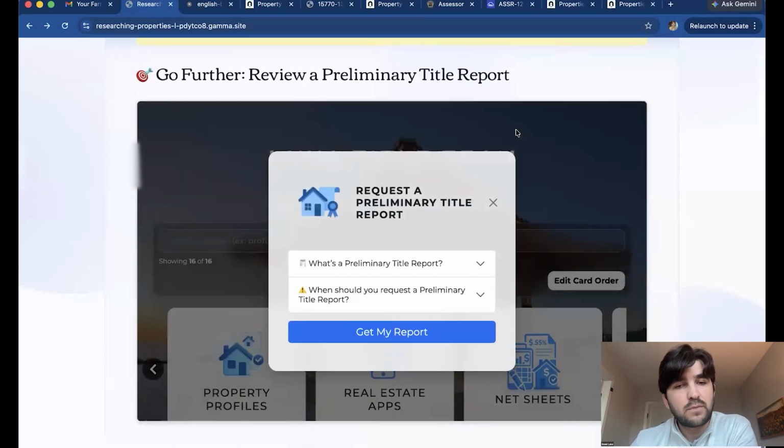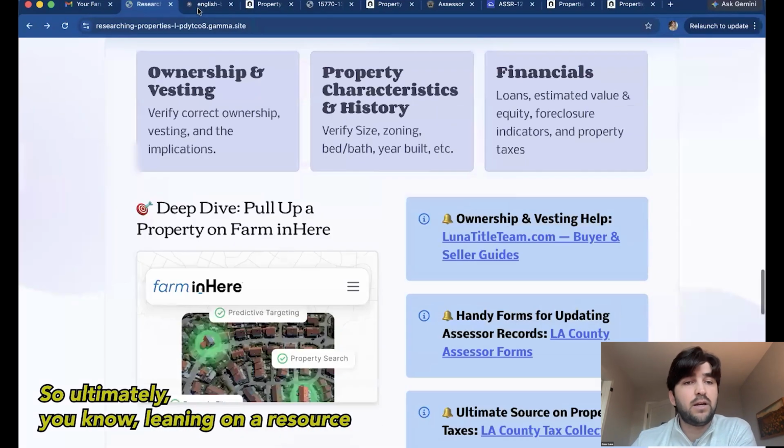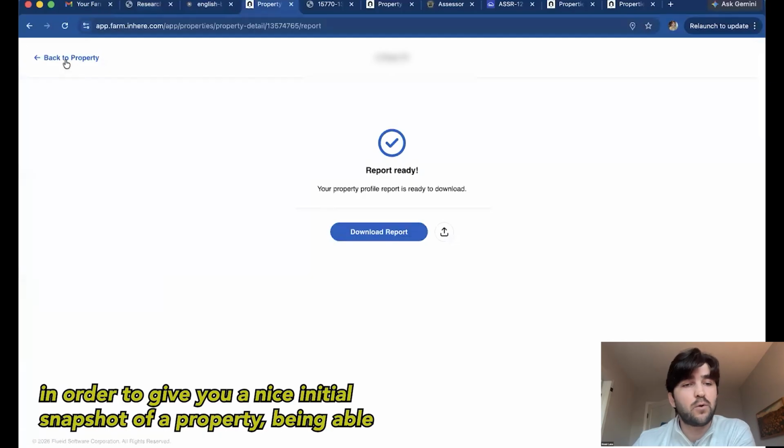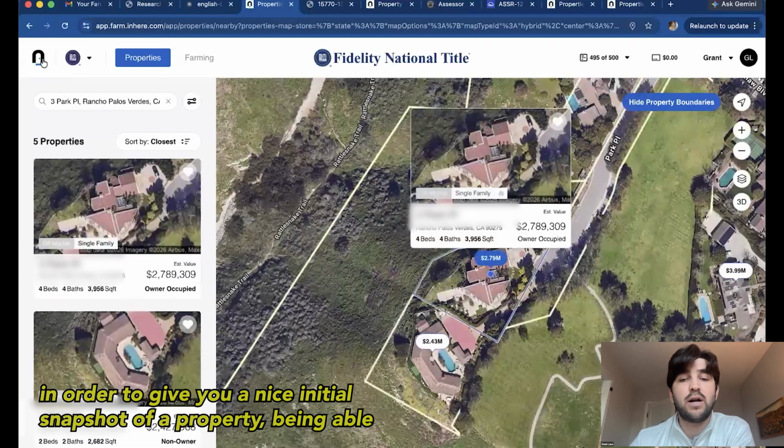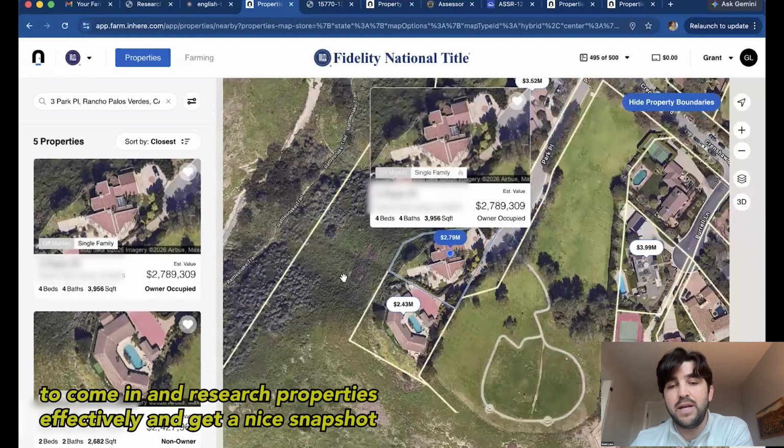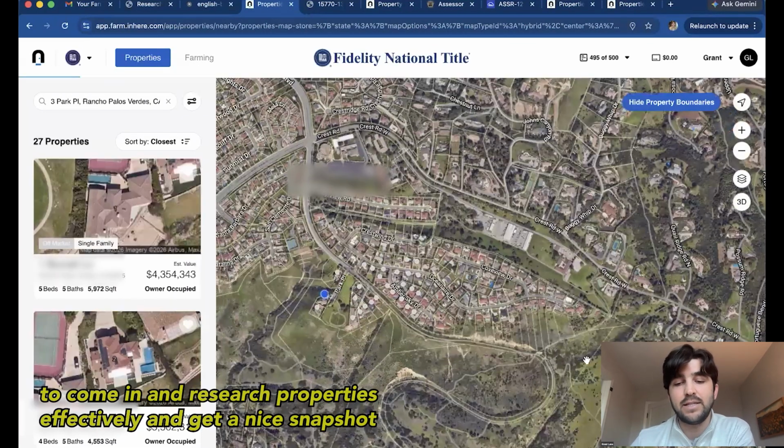So ultimately, leaning on a resource like this, Farming here, in order to give you a nice initial snapshot of a property, being able to come in and research properties effectively and get a nice snapshot